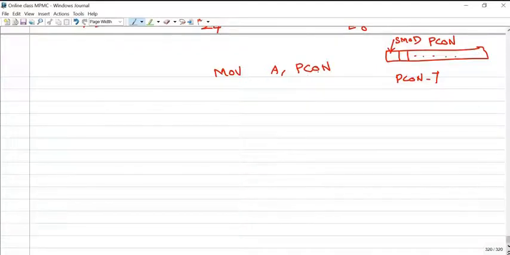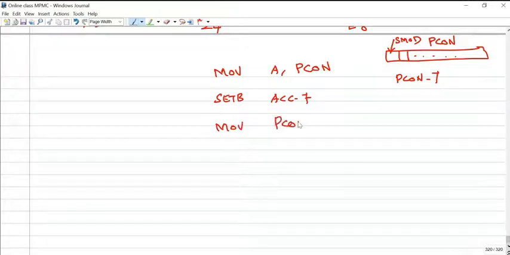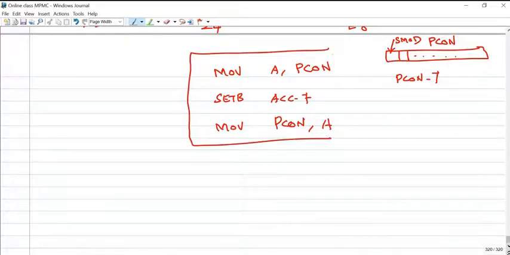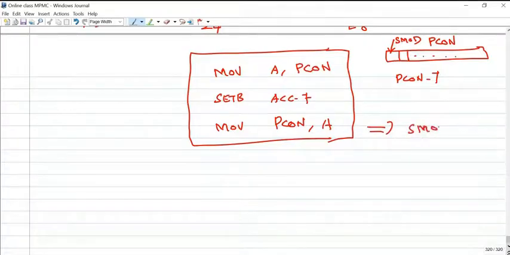So this is byte addressable only. So move PCON to the accumulator first, and then set bit 7 of your accumulator. Now move your accumulator value into PCON. So this is the setup to make your SMOD bit equal to 1.